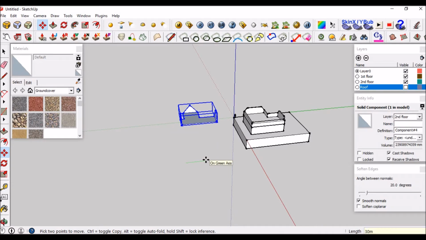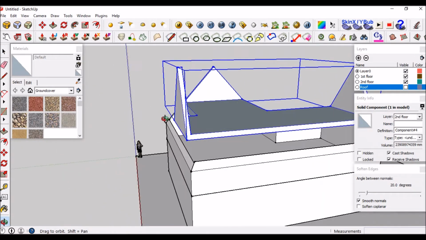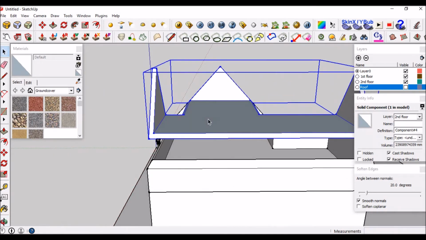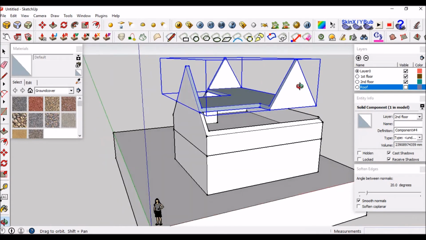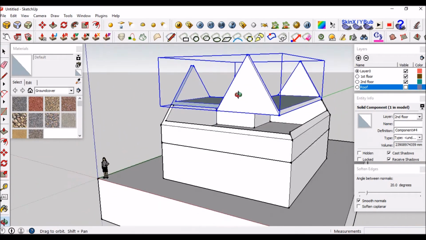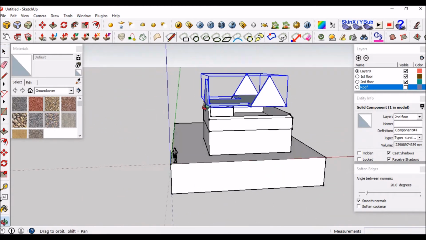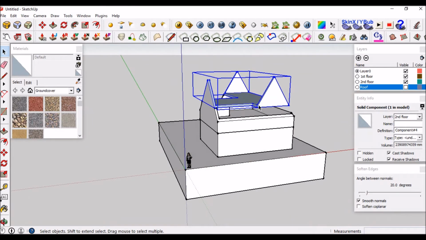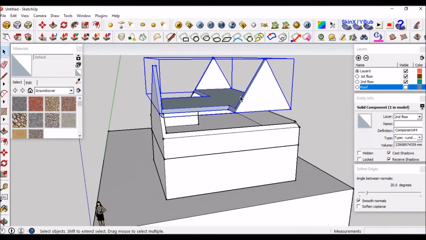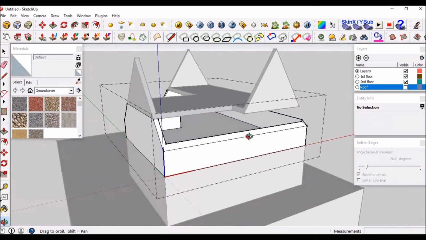So this is the second floor. Just like that. Move it back 30 meters. Oh, of course. Look at this, I screwed this up. But I do like this. Maybe I could do it like this. Should I do it like this? Why not? So, if I want a roof like this,